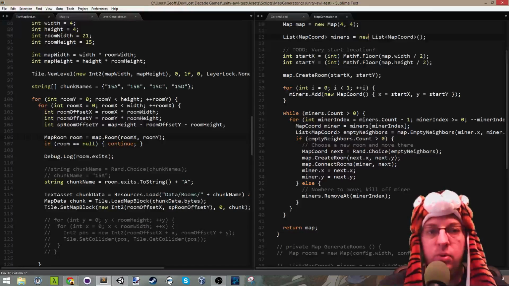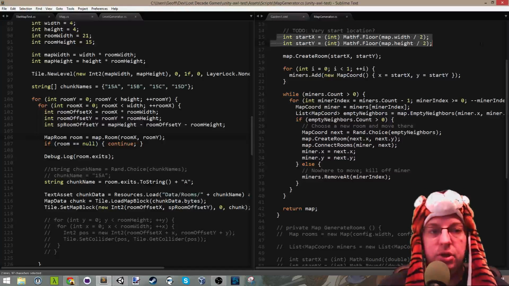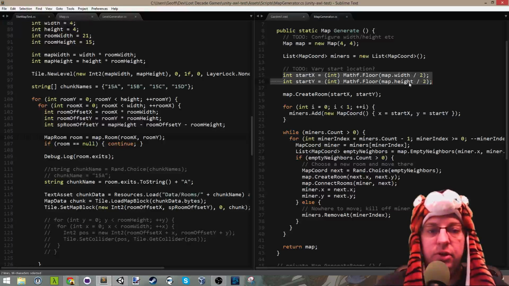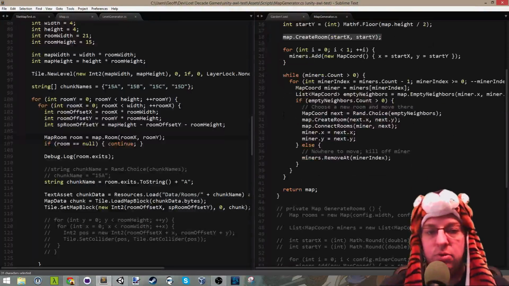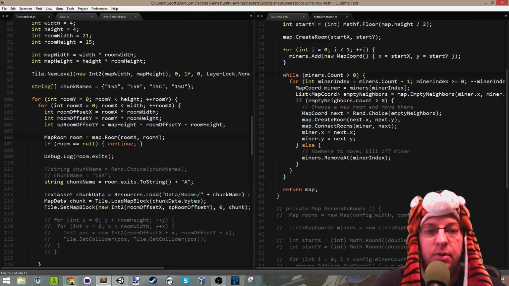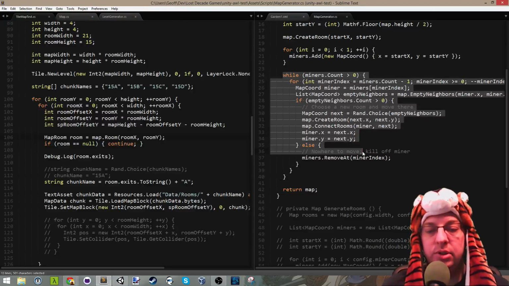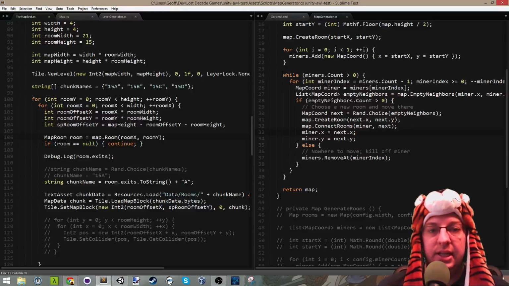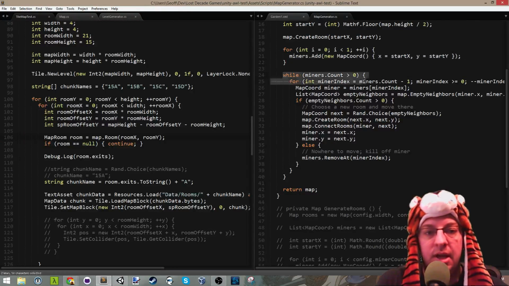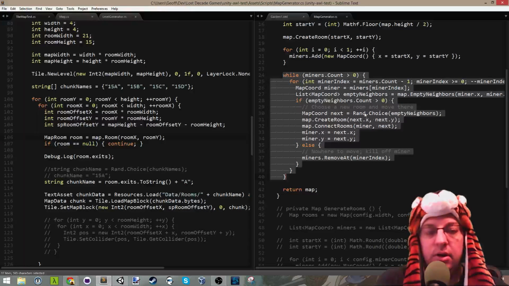And so it picks a random starting room right now, which is just the center of the map, which can be configured or changed depending on how you want the level to generate. It creates that room in the starting location, and then it creates what I call miners. The miners are really just little coordinate holders that move around the map and burrow out new rooms as they go. And so we just create one miner for now, just to keep it simple. And then we have a loop that says while there is at least one miner,